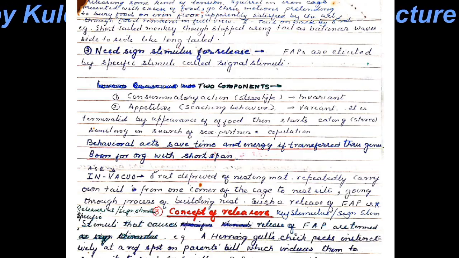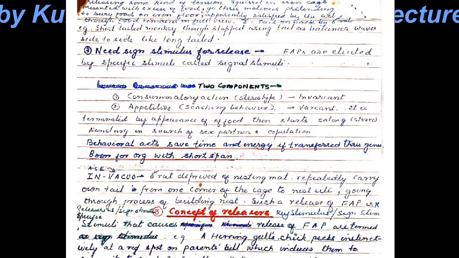The goose doesn't care whether the egg is natural or artificial. The sign stimulus is just a convex, roundish egg. Even if it is artificial, the goose is going to perform this fixed action pattern,